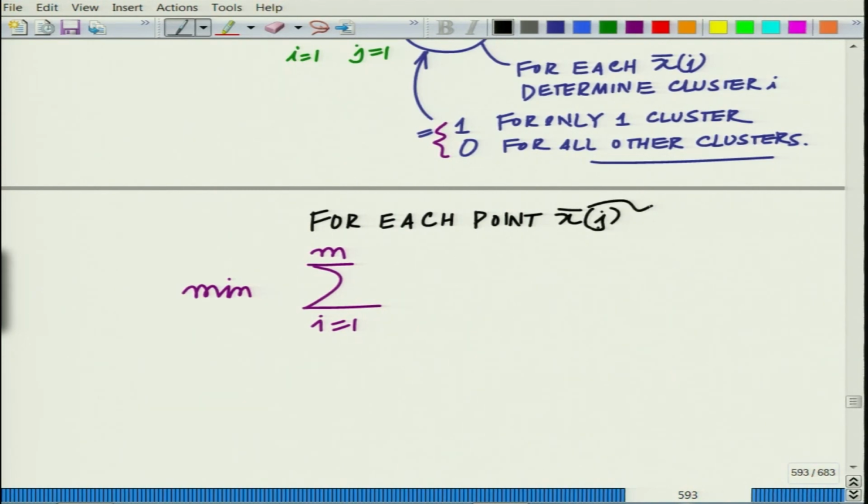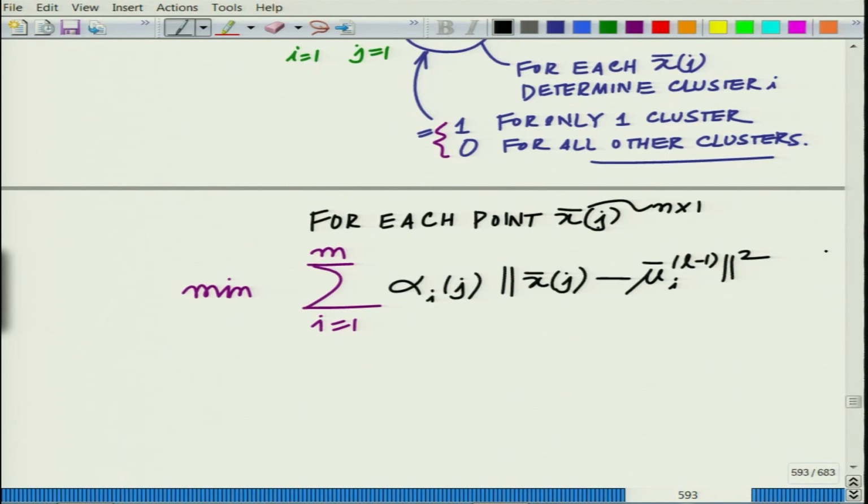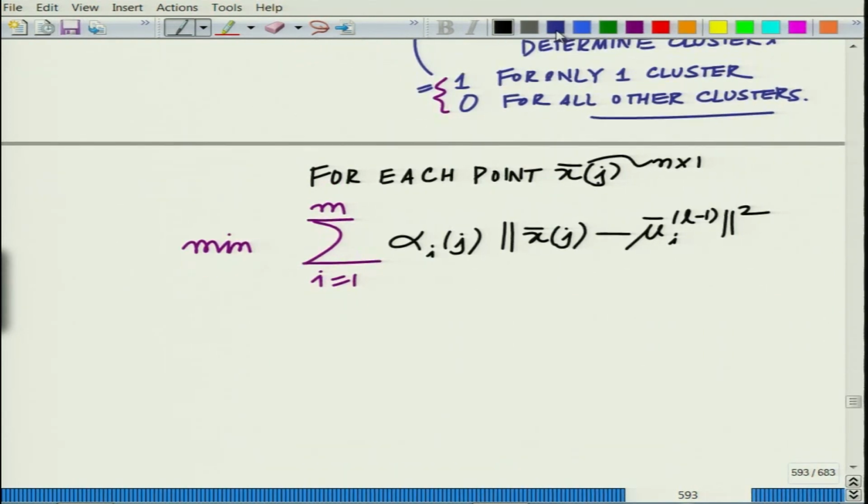This is basically, we said this is, I think, an n cross 1 dimensional vector. So, we take the sum of the distances from all the cluster heads and you can clearly see this is minimized,